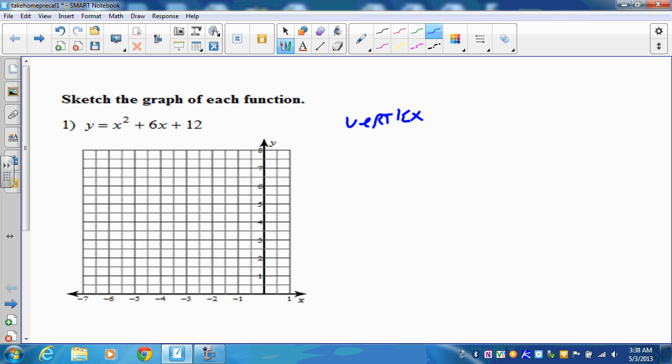So if you'll recall, to find the vertex, if we can put it into this formula, this h component here is going to be the x value of our vertex, and our y component is going to be the k value. So if we can convert this quadratic formula into the vertex formula by completing the square, we can solve this problem. So first thing you want to notice is that